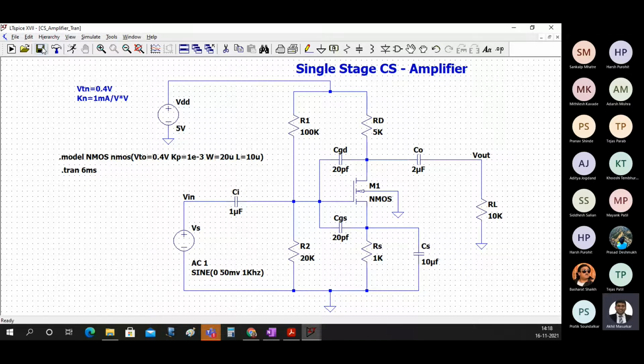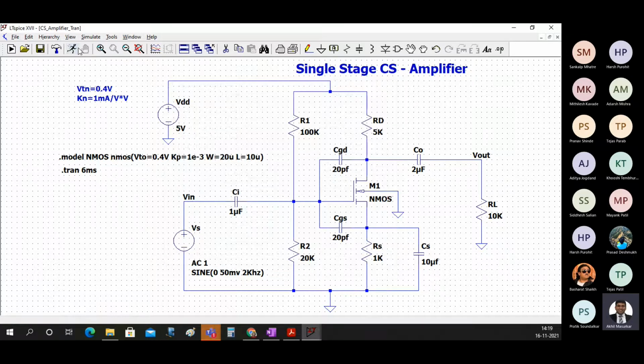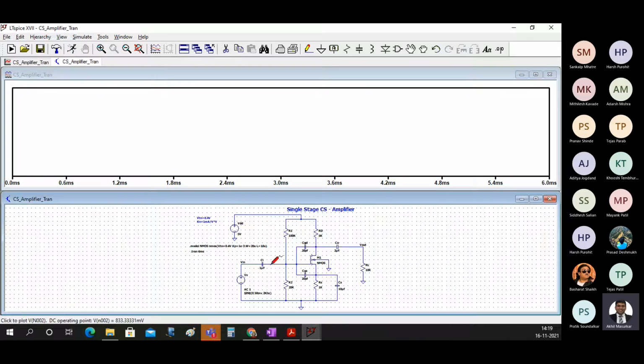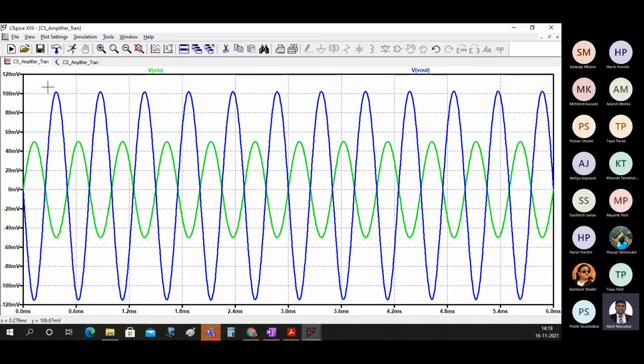Now, what we will do is, instead of doing transient analysis, we'll do a frequency analysis. Frequency analysis means what? You can see here the source is 1 kilohertz, right? Now your question might be, what will happen if we make it 2 kilohertz? My answer to that will be: okay, fine, do it. Simulate this and see the input and see the output. Now again I can measure the gain and you can see it is 102 or something like that. So the gain is the same.